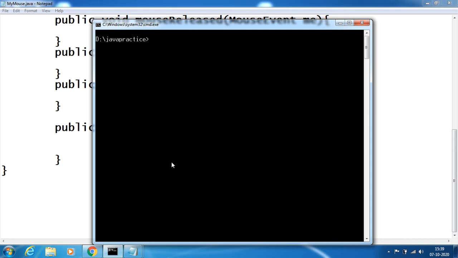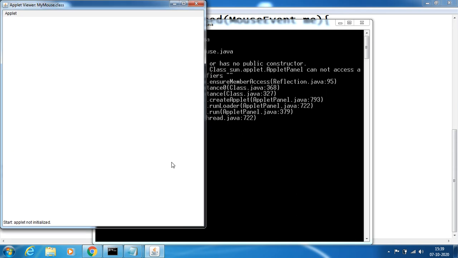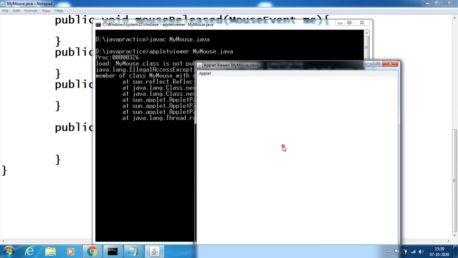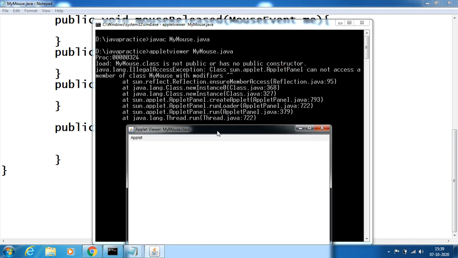Once it is done, try to run and check for any errors. Just run javac mymouse.java, and it is compiled. Now, to run the applet, say appletviewer mymouse.java. See, when I click the mouse, I am not getting any value here. The reason behind that is